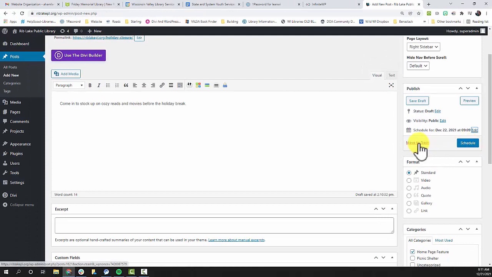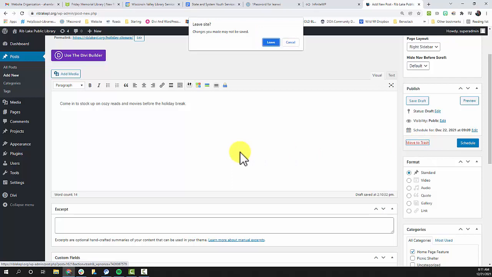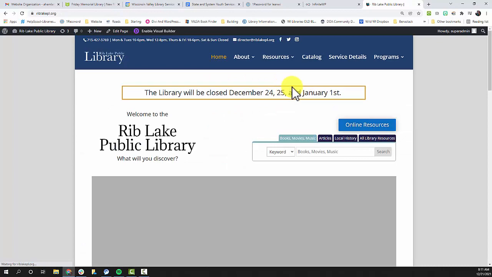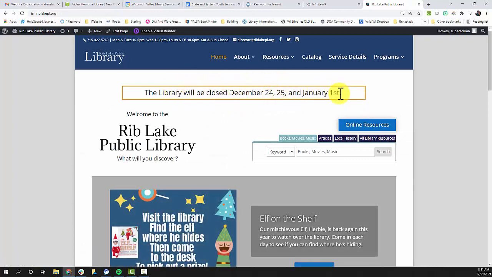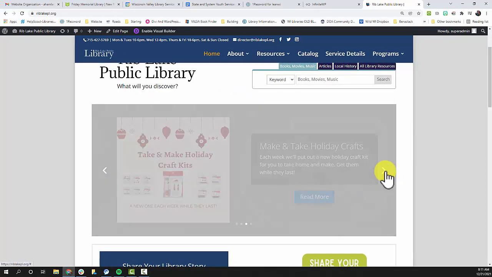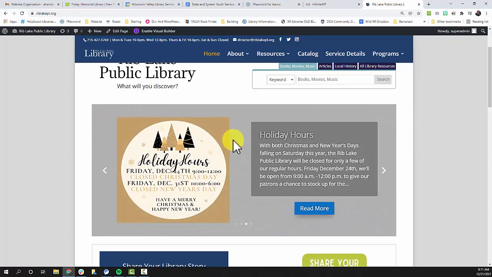I'm not going to do that because they do have a holiday notice. So I'm going to move that to the trash. And go back to the home page where we can see our notice, and if I had chosen to publish it, we would see a holiday post